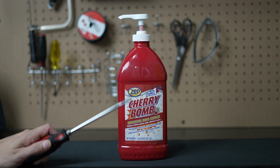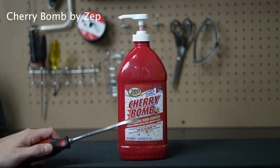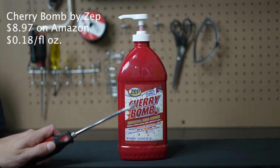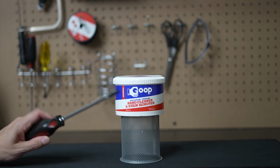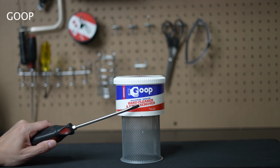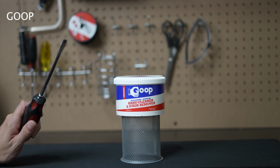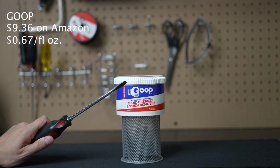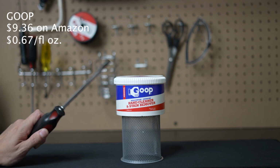So this is what we got here. We have Cherry Bomb made by Zepp. This is an industrial hand cleaner. We purchased this on Amazon, and it cost less than 10 bucks. For this 48-ounce bottle, it was $8.97 to be exact, which breaks down to 18 cents per ounce. Now, this is the original Goop, multi-purpose, waterless hand cleaner and stain remover. We got this from Amazon, and it costs $9.36 for this 14-ounce container, and it breaks down to about